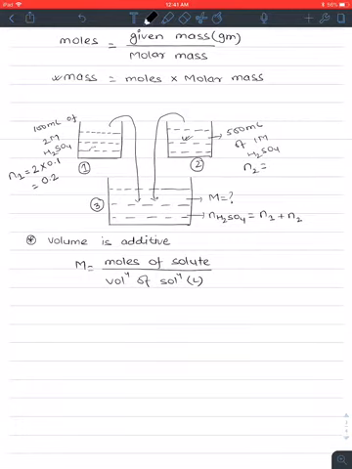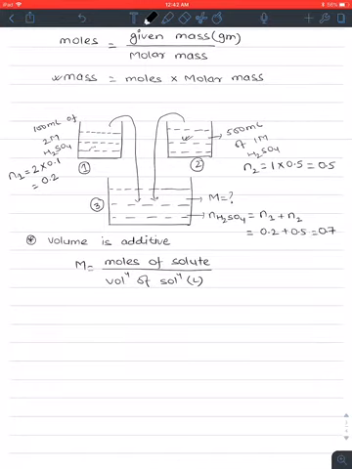Similarly, we can find moles of H2SO4 in the second container, that is equal to molarity of H2SO4, that is 1, into volume of solution in liters, so that is 0.5. So moles of H2SO4 in the second container is 0.5. So total number of moles in the third container will be equal to 0.2 plus 0.5, that is 0.7